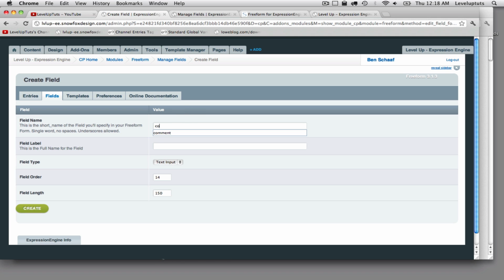I'm going to go ahead and call it a comment. This should be, as it says here, a single word with no spaces. Underscores are allowed. Comment fits that bill. The label, that's just for